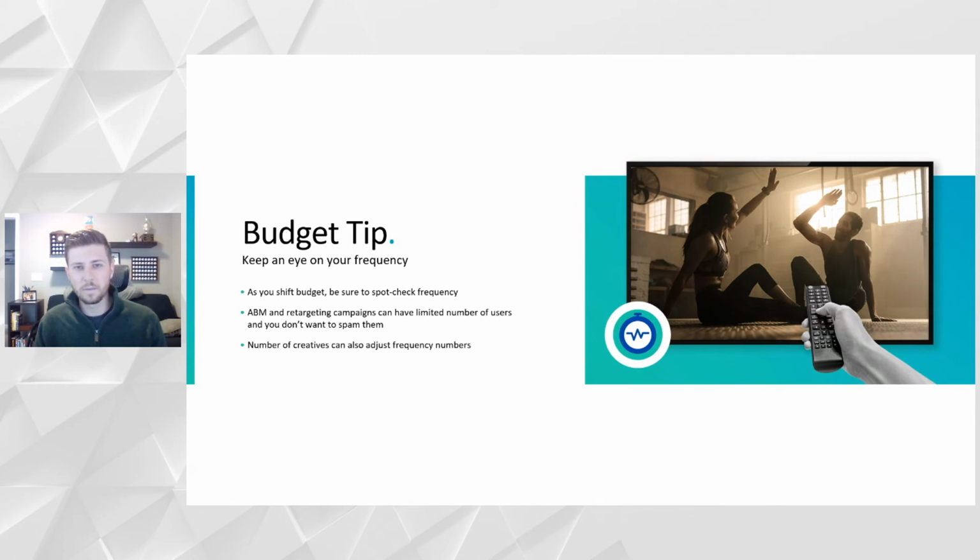You want to make sure that frequency is in line with, again, what works for your business. There's no right or wrong frequency. If your goal is brand awareness, if your goal is traffic, if your goal is conversions, return on ad spend, CPA, that ideal frequency is going to differ depending on your primary KPI. So think about what works for your business, what works for your outcomes and what your desired results are, and think about sticking around that frequency as you try to look for additional investment opportunity and scale, specifically within ABM and retargeting audiences. And then the number of creatives can also impact the frequency metrics as well.